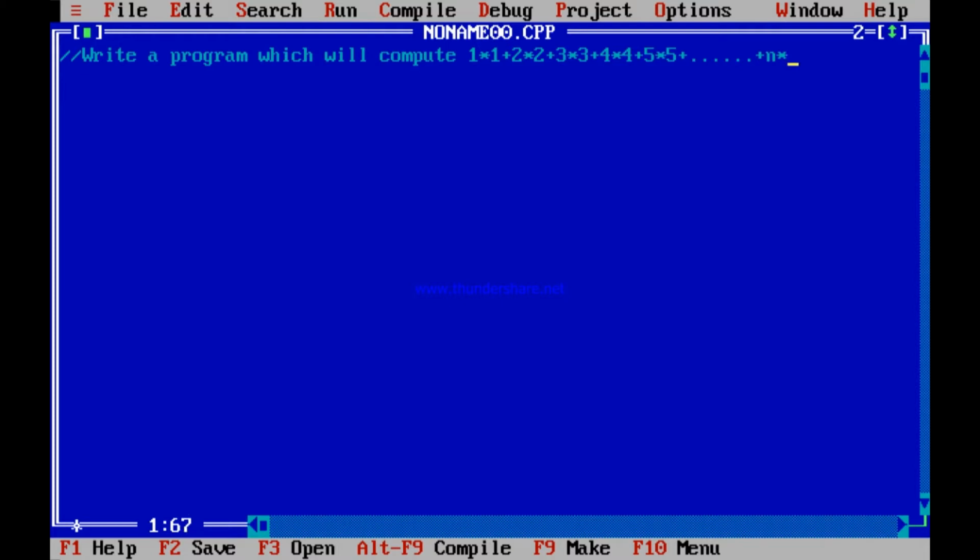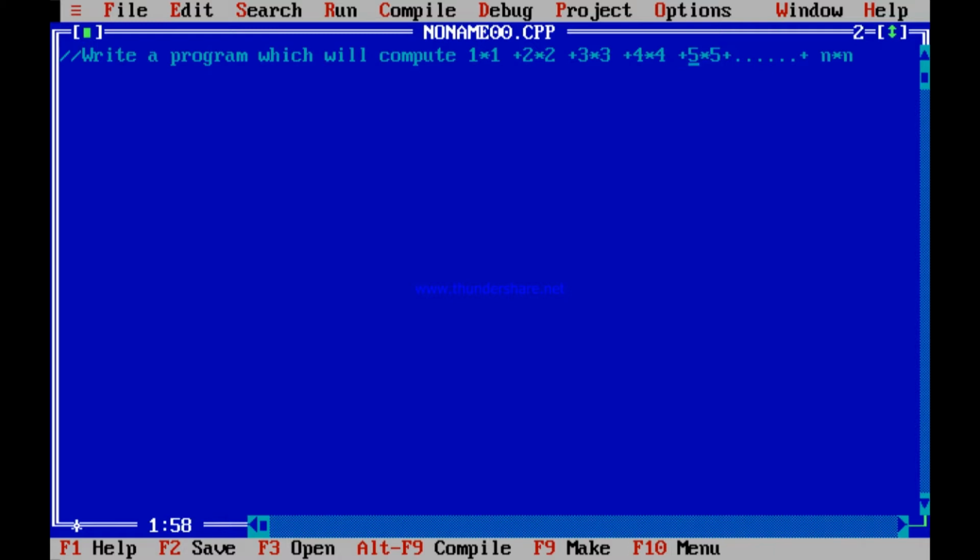Putting it simply, our program is to compute 1 square plus 2 square plus 3 square plus 4 square plus 5 square and so on up to n square.